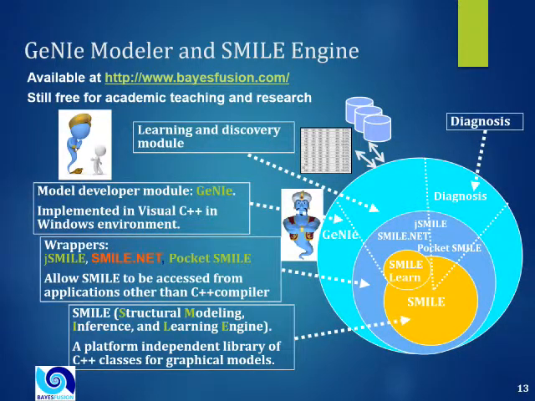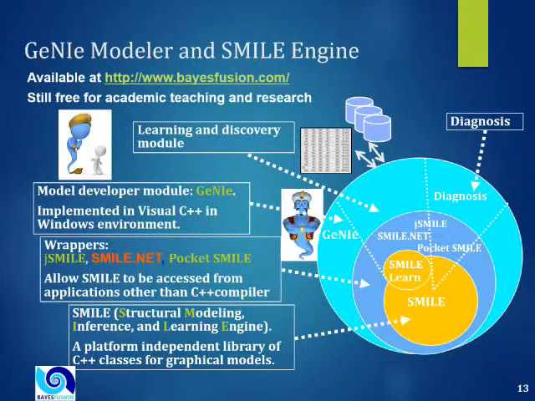The architecture of GeNIe and SMILE is quite simple. There is the API, Application Programmer's Interface. C and C++ are native to SMILE. And then we have several wrappers allowing the users to access SMILE functionality from Java, that's JSMILE, from .NET programs